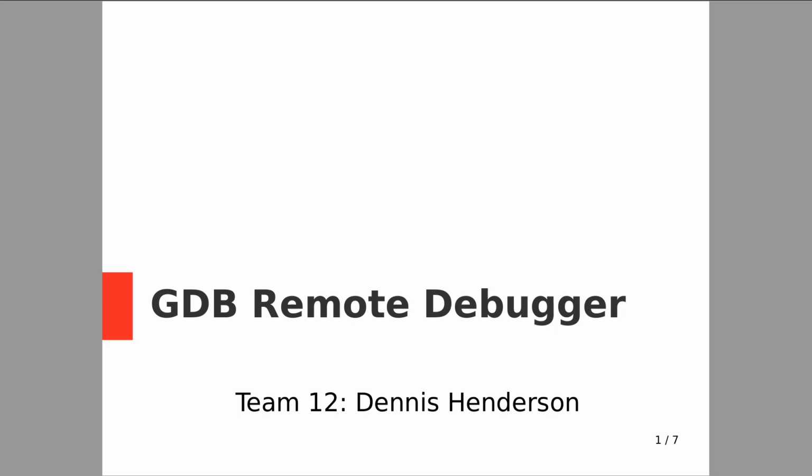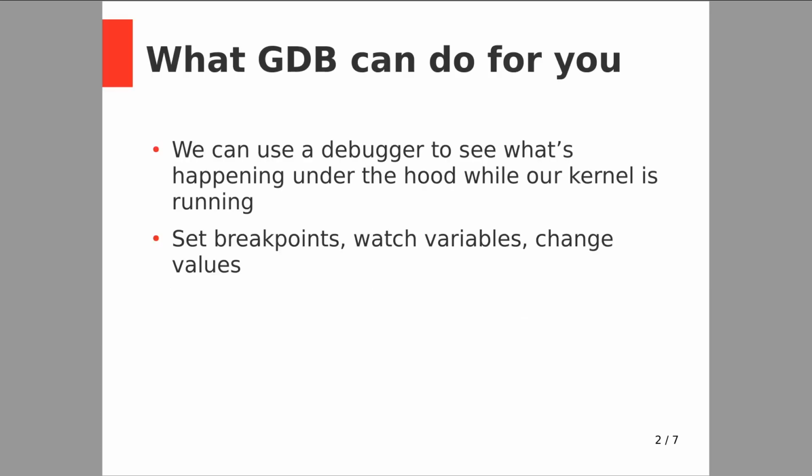I'm going to be talking about my project of building a GDB Remote debugger. So the first question we have to ask is, why do we want to use GDB anyway? Well, as you know by now, we can use the debugger to see what's going on in our program while it runs. We can watch variables, set breakpoints, and see the state of our program at particular times, and even change values if we want to see what happens or try to force a bug to occur or something like